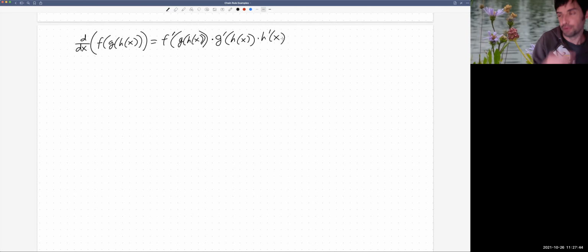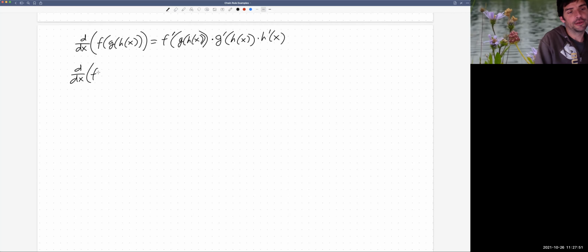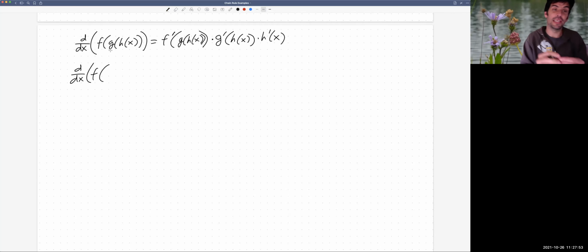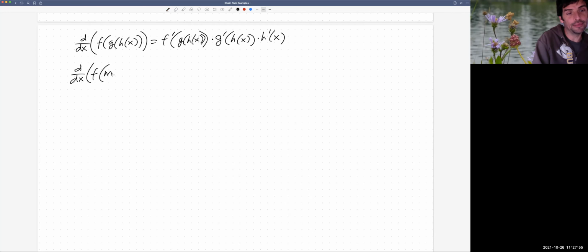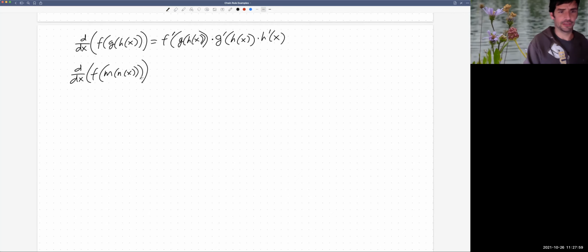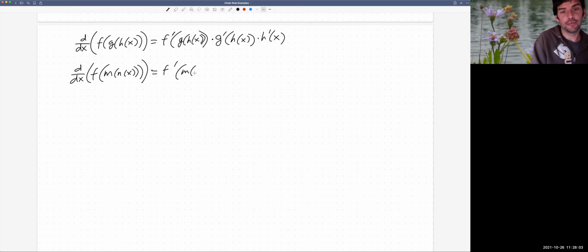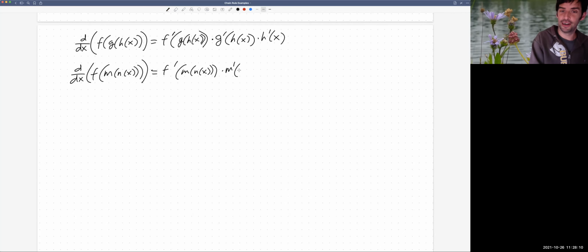And then we have the derivative of the final function, right? For our case, it was more like d/dx of, I think we called it f, and then we had g of x, but then we split g of x into m of n of x. Seems like too many, but in any event, we ended up with f prime of m of n of x